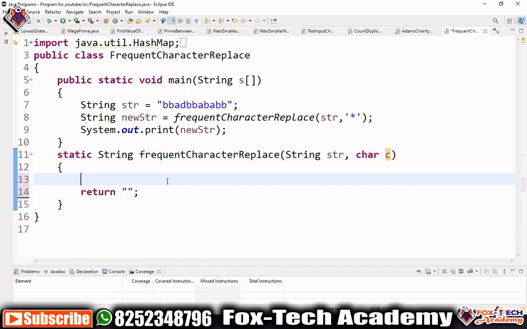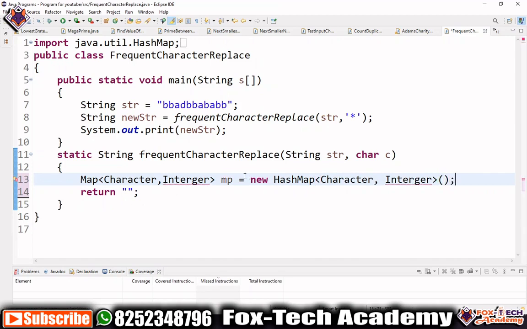First, to create the hash map, we will create a Map of character and integer. This will be the count of that character. Suppose mp is the name, equal to new HashMap of character, integer.